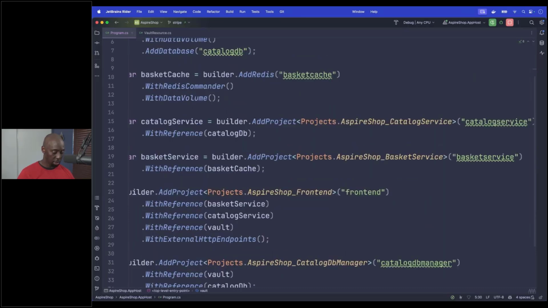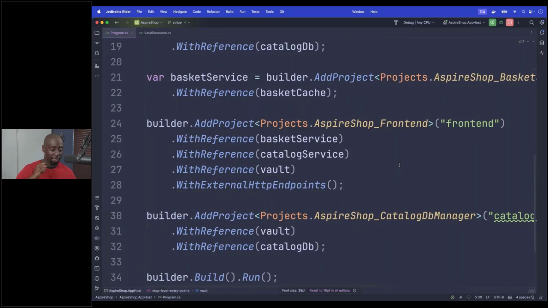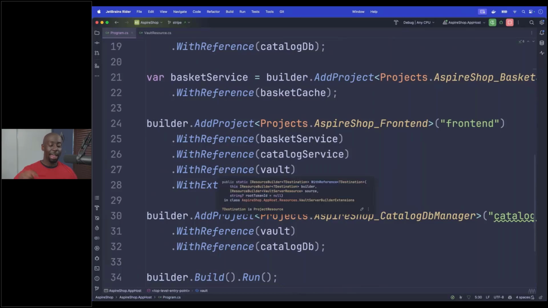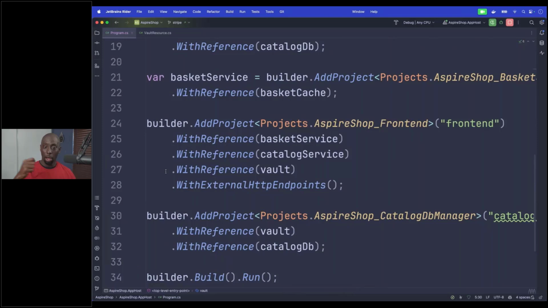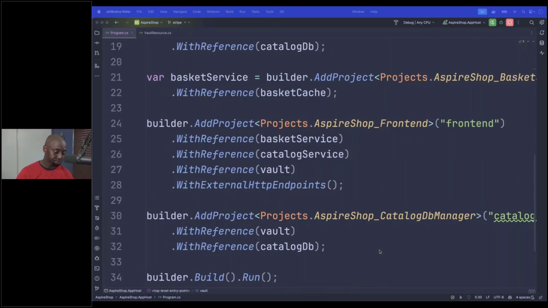So you can notice here, in my front end, when I get that strongly typed reference to my front end, I could say, hey, I want you to have access to this vault. So that means that I want my front end to be able to talk to that local development container, and I want you to be able to get secrets from it. Because I've set this up so that you can say, hey, can I get the vault? And now I can talk to it with my client. Hopefully that makes sense for folks. Let me know if it does or if it doesn't.